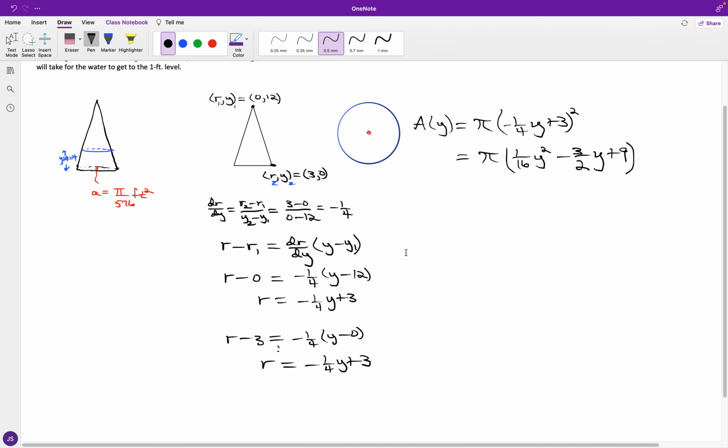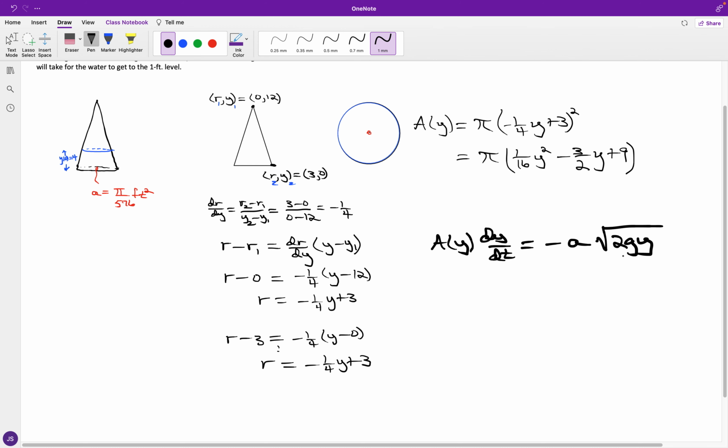And taking what we have and applying Torricelli's law, you have A of y dy over dt is equal to negative a, the negative of the whole area times the square root of 2gy,